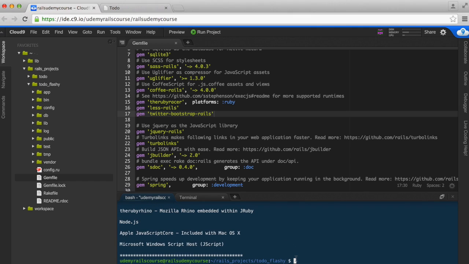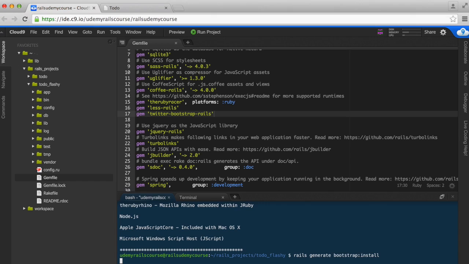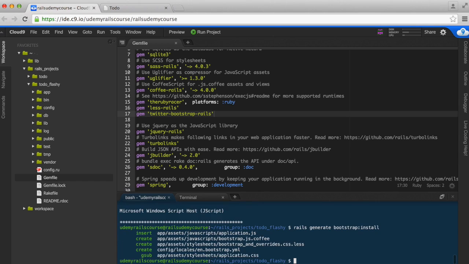Okay, so now we're going to generate, we're going to install Bootstrap. Okay, so rails generate bootstrap:install and hit return. All right. Now we're going to